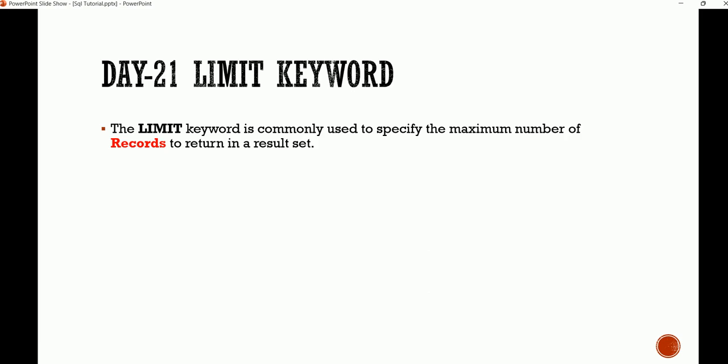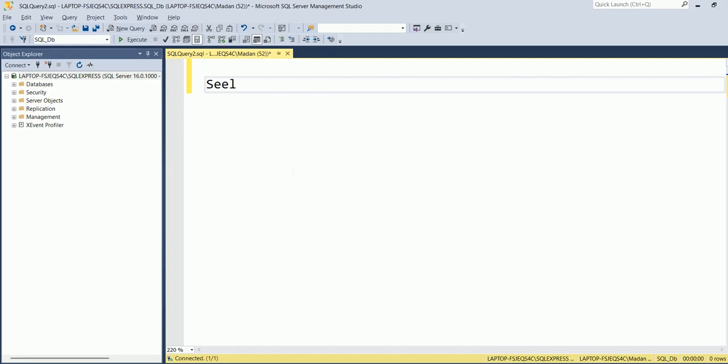The LIMIT keyword is used in databases like MySQL or PostgreSQL. For those databases, we can use the LIMIT keyword. It is used to specify the maximum number of records to return in a result set. Just for a sample, I will show you in my SQL Server only,